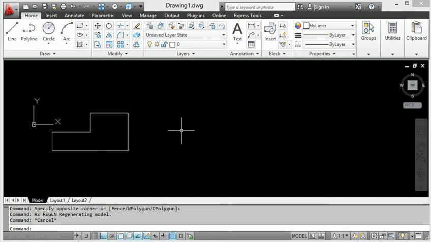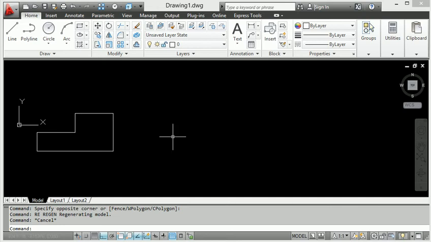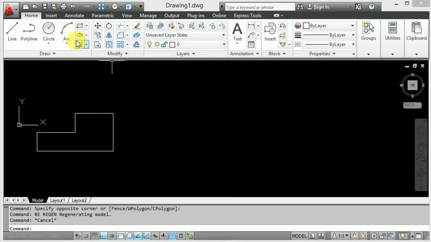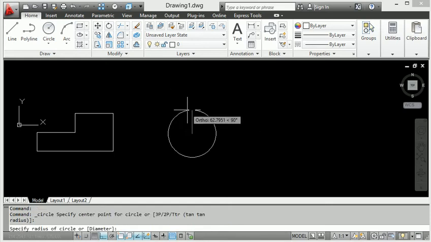Second, I will use the circle command. The circle command is here, you see this one is circle. Go to the home page, click Circle, and start from here. It asks for the radius, or we can put the diameter.